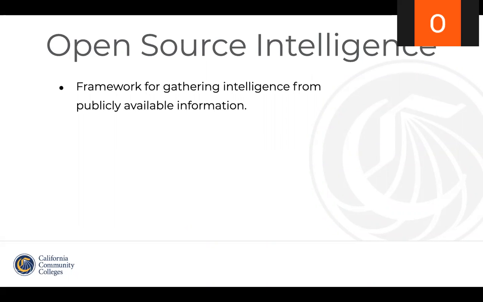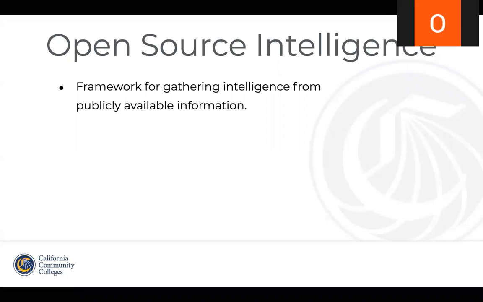The Office of the Director of National Intelligence defines OSINT as any intelligence produced from publicly available information that is collected, exploited, and disseminated in a timely manner to an appropriate audience for the purpose of addressing a specific intelligence requirement. The sources of information that could make this intelligence can be pulled from any publicly available information.